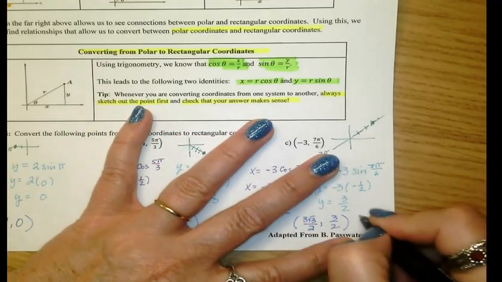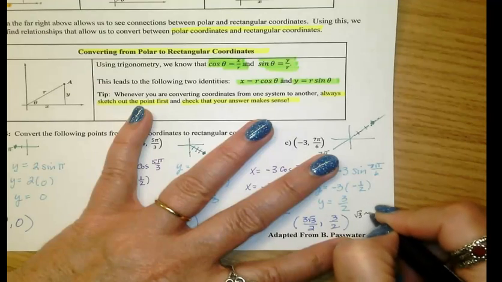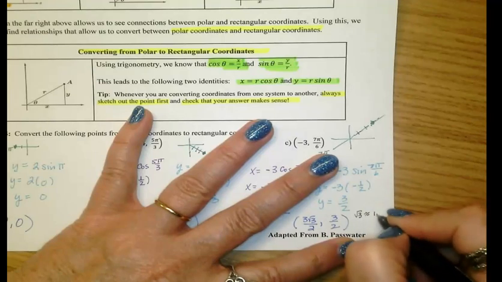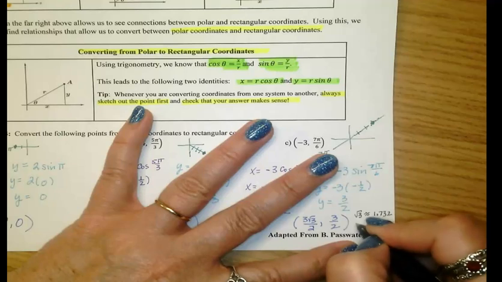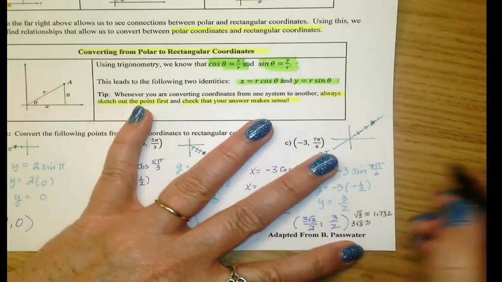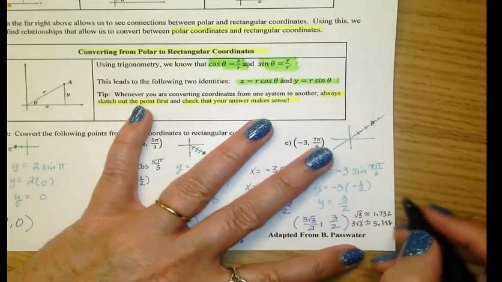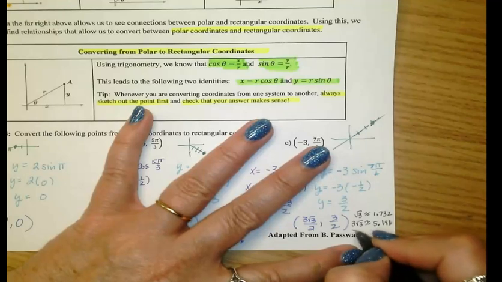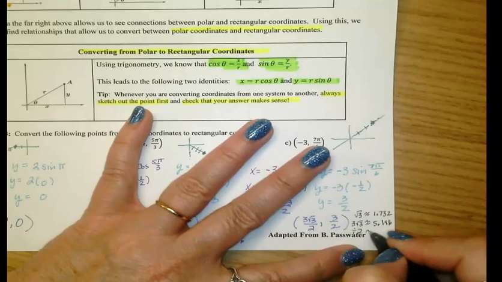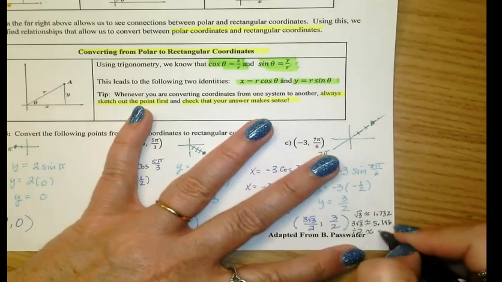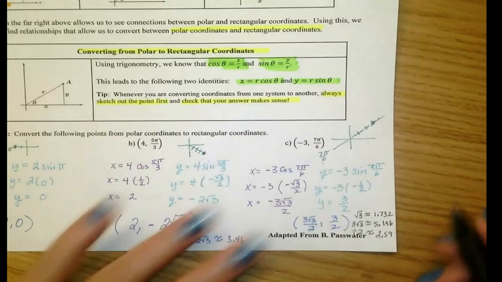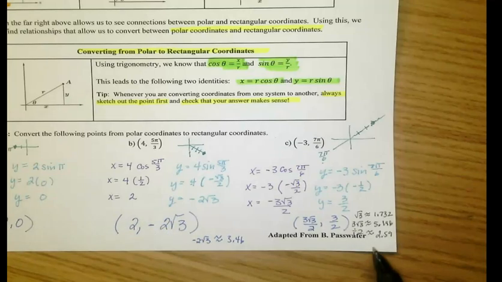So what I did is think through this in my head. I said root 3 is about 1.732. And then I said 3 of root 3s, so that got me about 5.196. And then I said, okay, so now I'm going to divide by 2, cut it in half, and that's approximately 2.59. And the reason I'm doing this is not that I expect you to necessarily do all the computations,